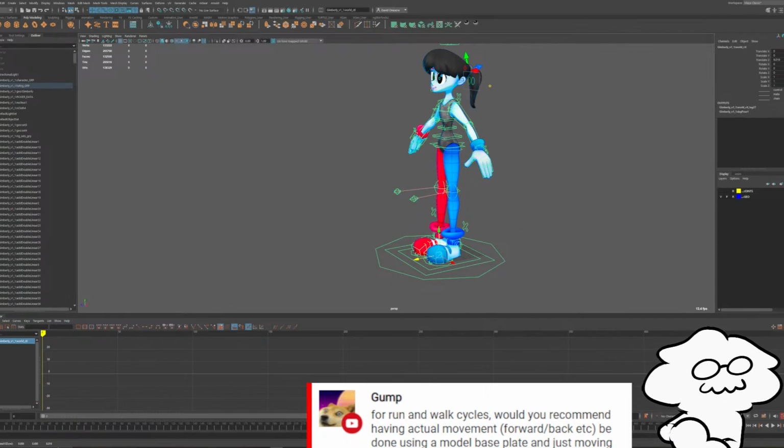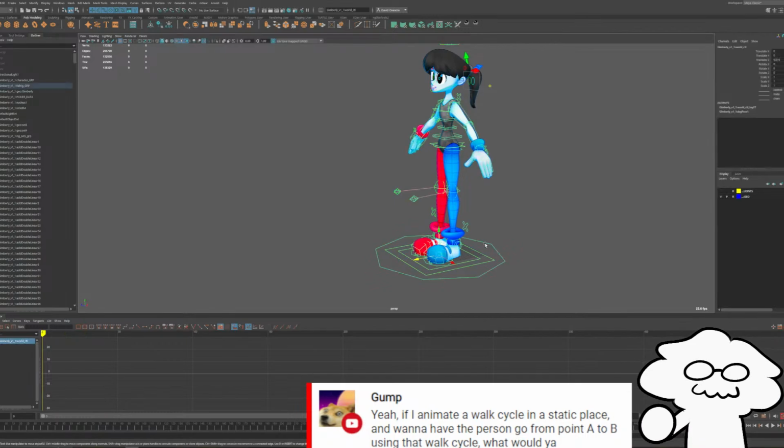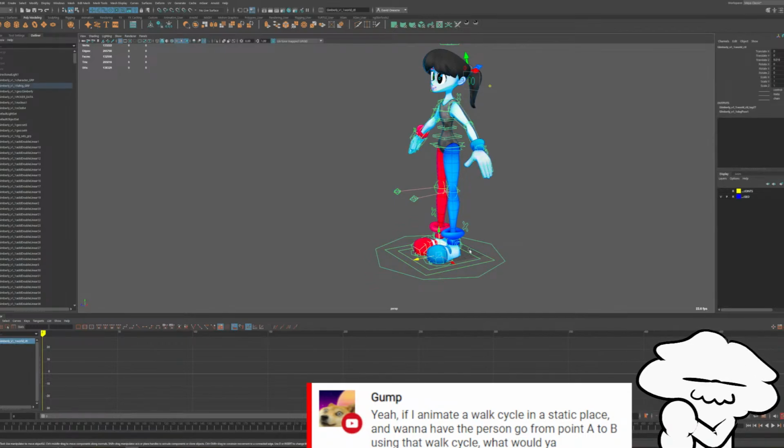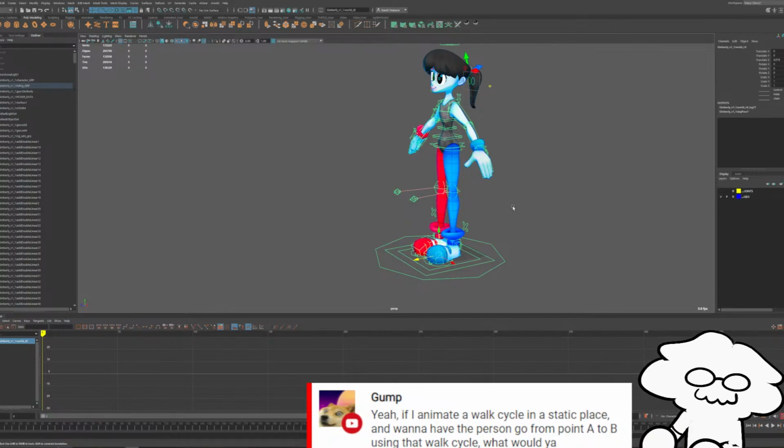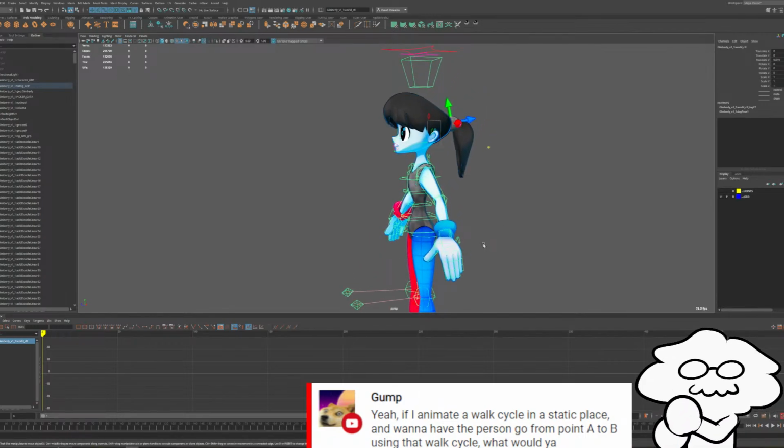Let's double check this. If I animate a walk cycle in a static place and I want to have a person go from A to B using that walk cycle, what would you recommend? I generally would recommend animating your character in place, doing a walk cycle, mainly for video games, or if your camera is at that height where you don't see the feet.